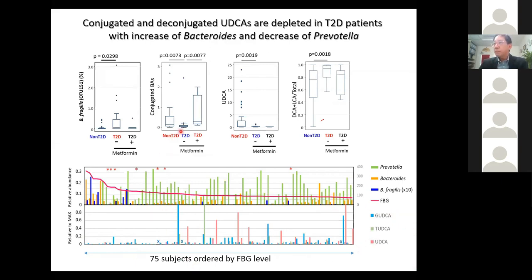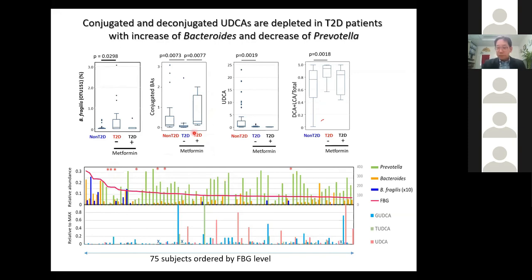Okay. But you can see that the subjects marked by the red star, what are these? These had metformin. Metformin is the anti-T2D drug. Okay, so they were administered metformin, and they have no more Bacteroides. Okay, here, here, here, and the level of the conjugated bile acid is recovered. Okay,